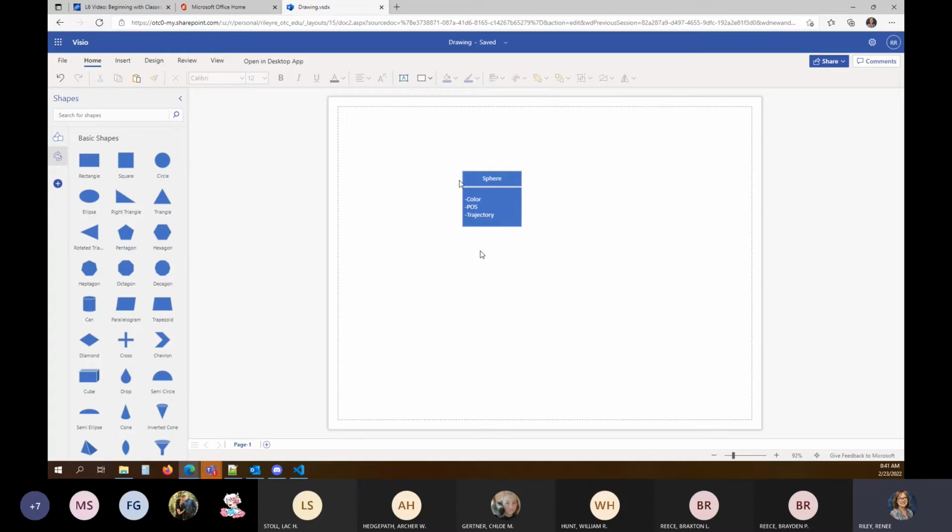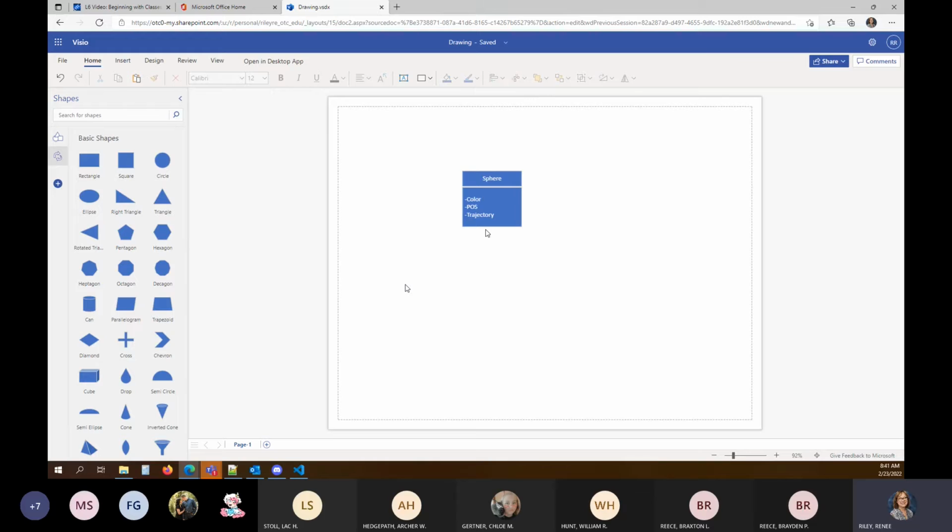Now, when we're doing a UML diagram, we have our class name at the top, then all of the attributes of the class, or properties that belong to the class. I put the minus sign because these attributes are private to our Sphere class. We're not going to let our enemy class or our target class update these variables directly. They can use our setters, but they can't just willy-nilly update our variable values without us saying it's okay.